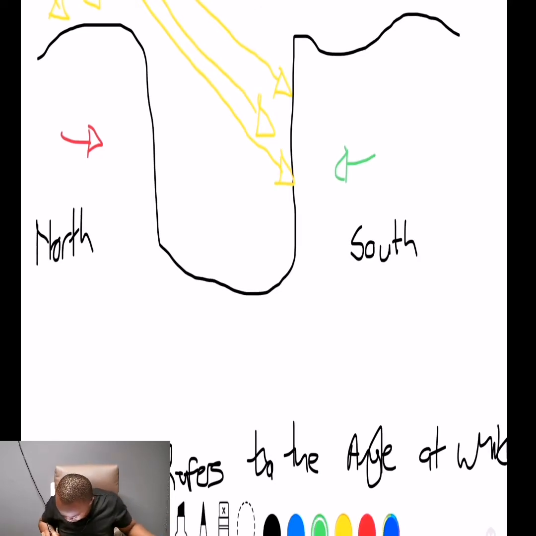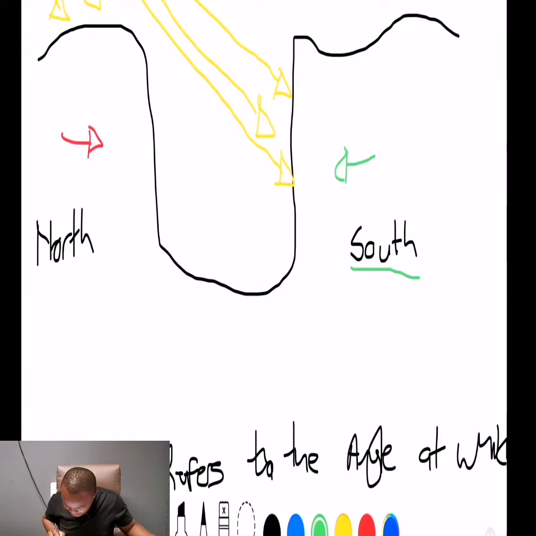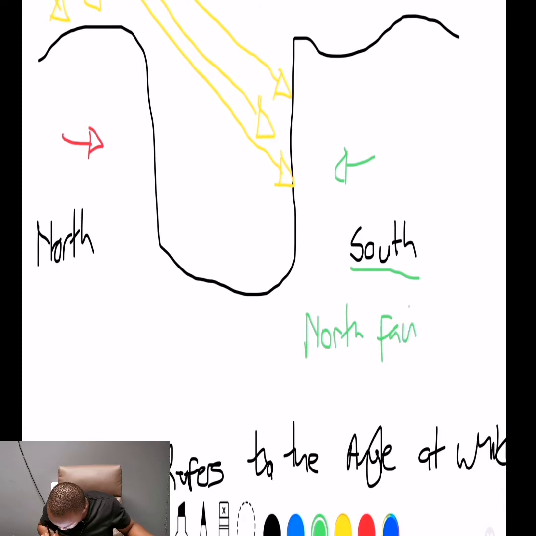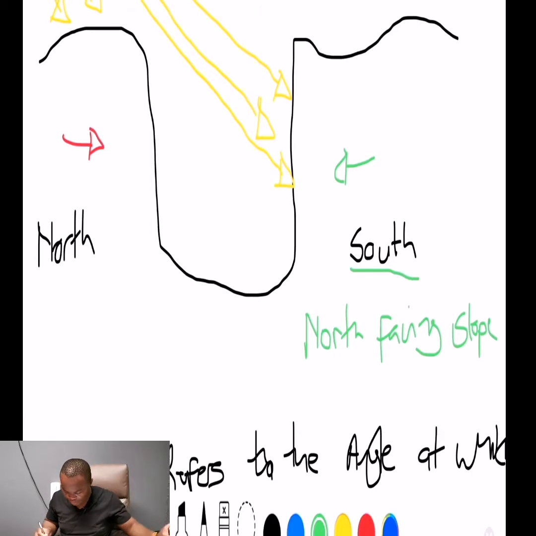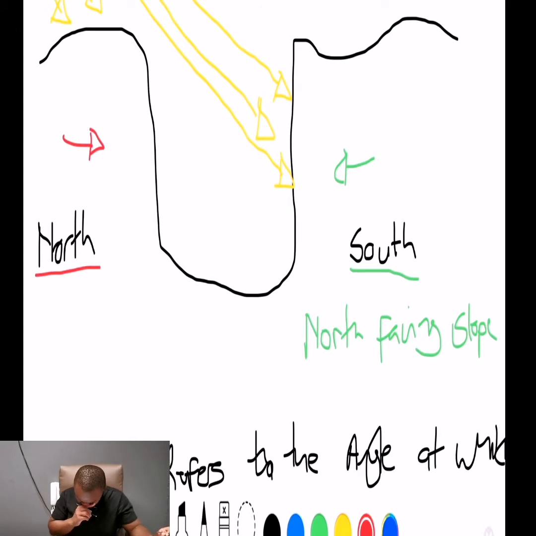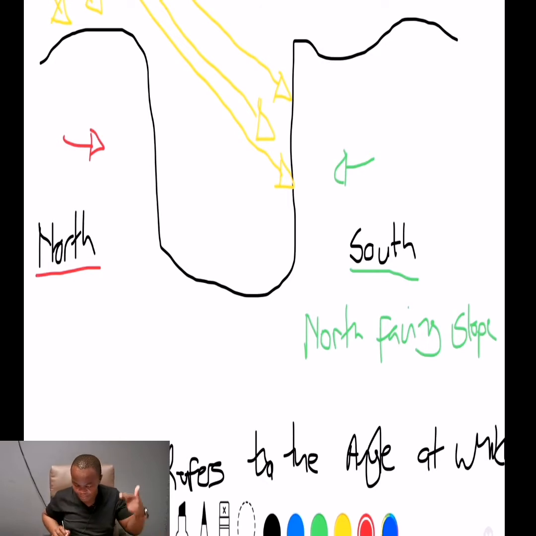As I've said, the slopes are named according to the direction in which they face. Meaning that the south slope is facing the north position. So this side is called what? A north facing slope. This is our north facing slope. Why is it called the north facing slope? It is because it is facing the northerly position. And then again, we have this side on our northern hemisphere, which is facing the south. Meaning that this side is going to be called what?